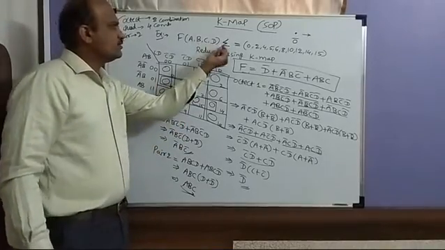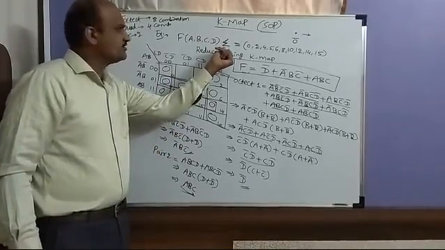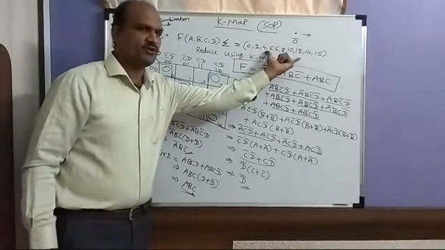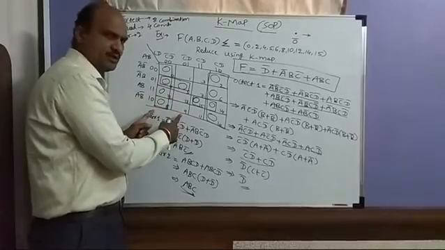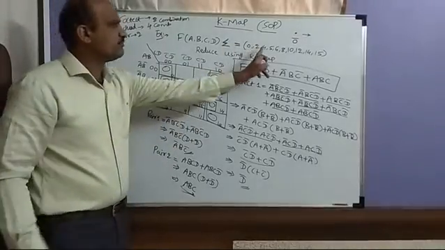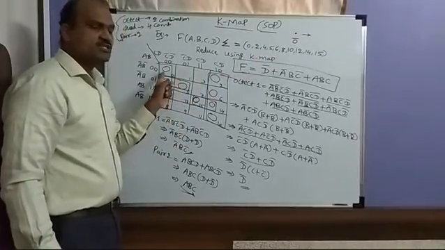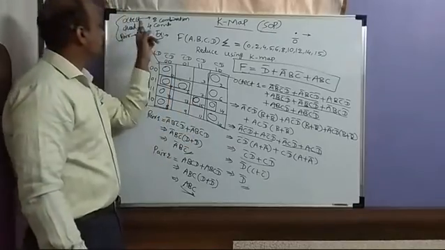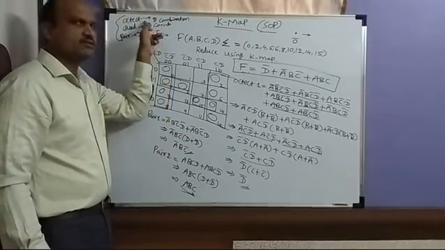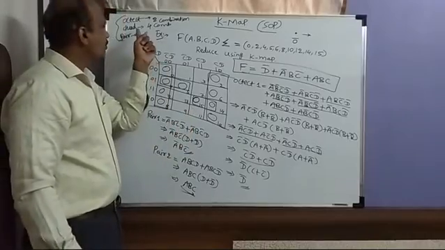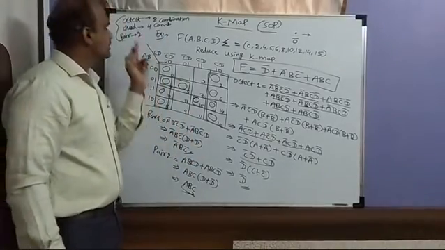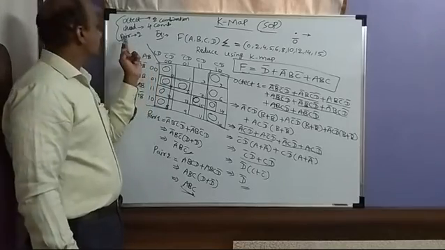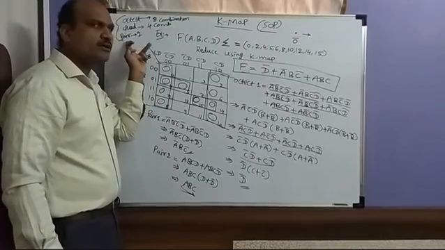First they will give a SOP, a symbolic SOP, with the numbers. First draw the map with the correct numbers. Then whatever numbers they give, put the 1s. Check order-wise: first you have to check for an octet. If there is no octet, go for the quads. Whatever quads are possible, you have to do. Then after finishing quads, if anything remains, go for the pairs.